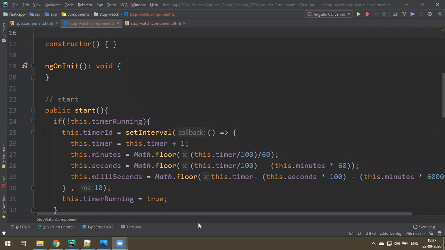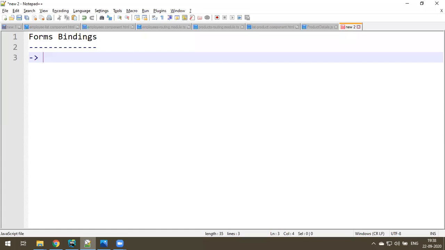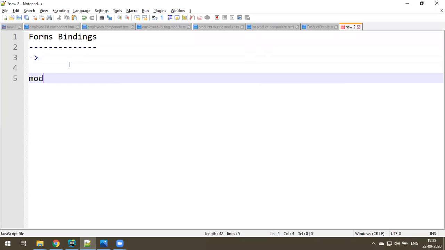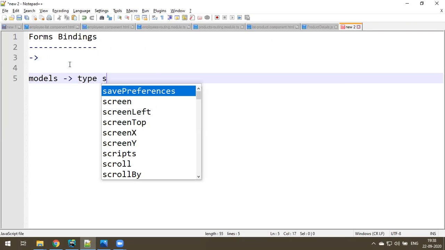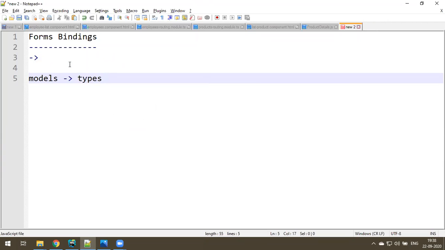What is a model? Model is a sense, it's like a type, a data type. Model is not that model like MVC architecture. We generally call model like a view model, and we have a database model. So model is the types. Okay, so what are the data types you are using, customized types? We generally call them models. In MVC architecture, model is also different. Any different types of object you keep in the models folder.